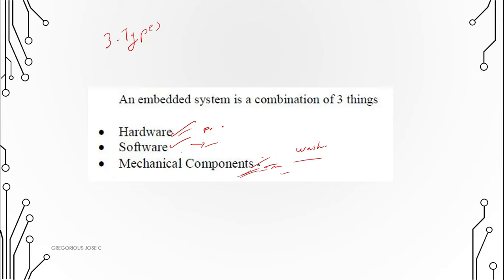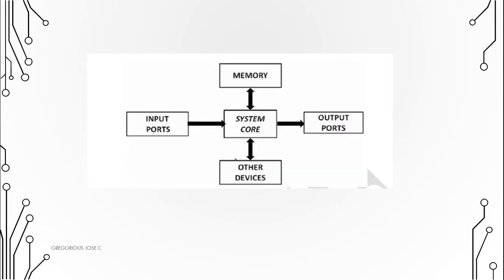Okay, so these are the three main components or the three combinations of an embedded system. So next is the general block diagram representation of a